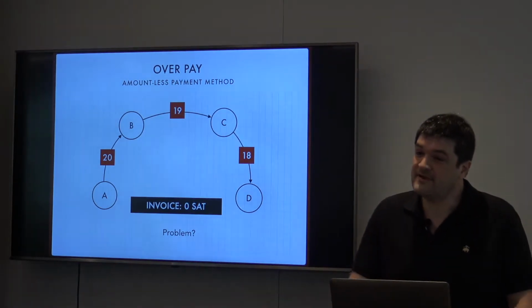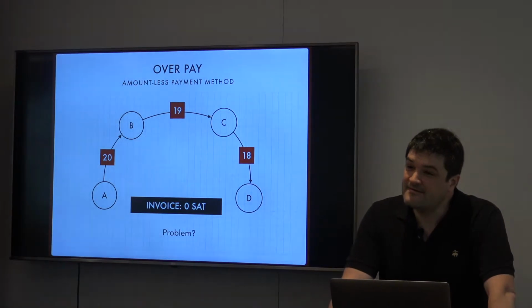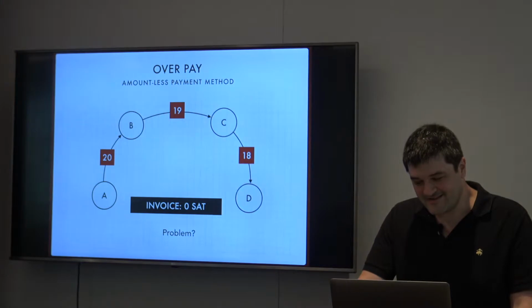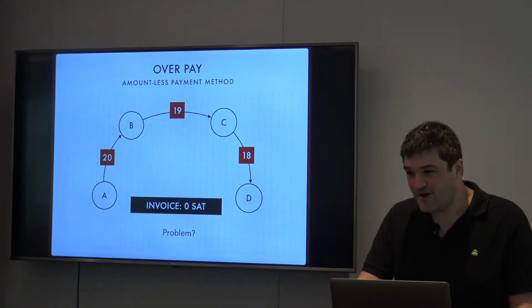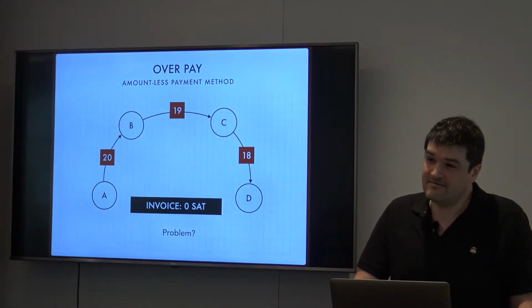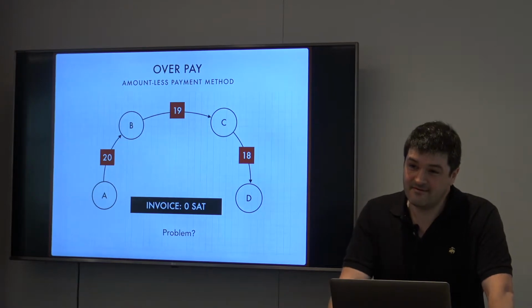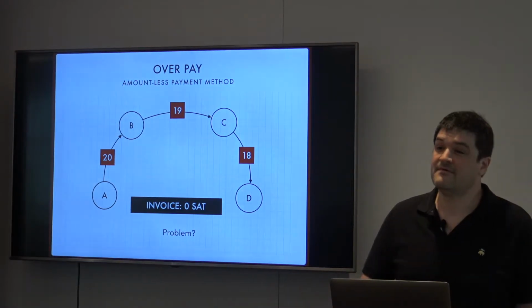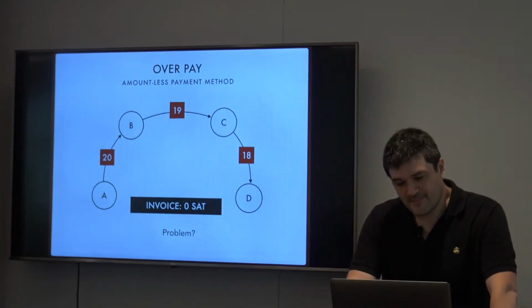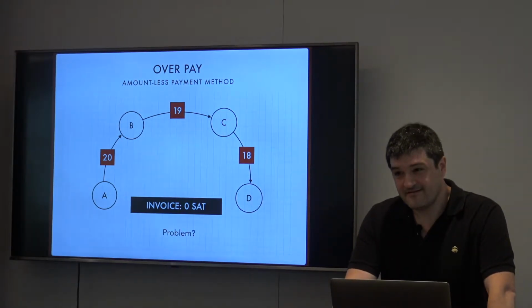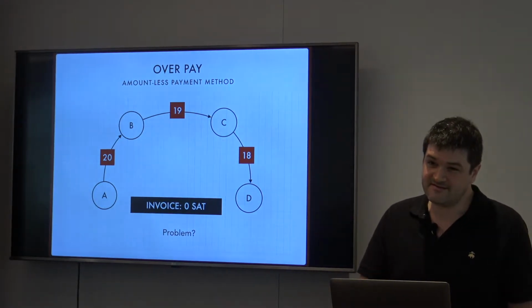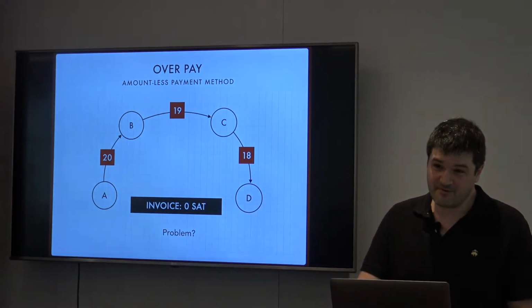Steal the amount, but I don't remember why. Okay, yeah. Why can that be true? Somebody can steal the amount, but why can they steal the amount? If D is expecting a zero invoice, you can pay any amount. So pay any amount to a zero invoice, so you don't have to give D 18. That's exactly right. Yes. So let's say C knows that D is a tipping site that's putting out these zero